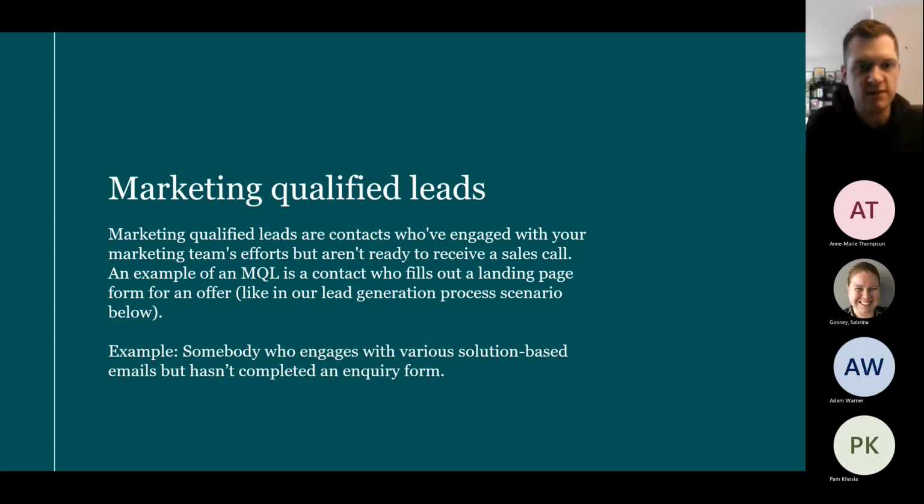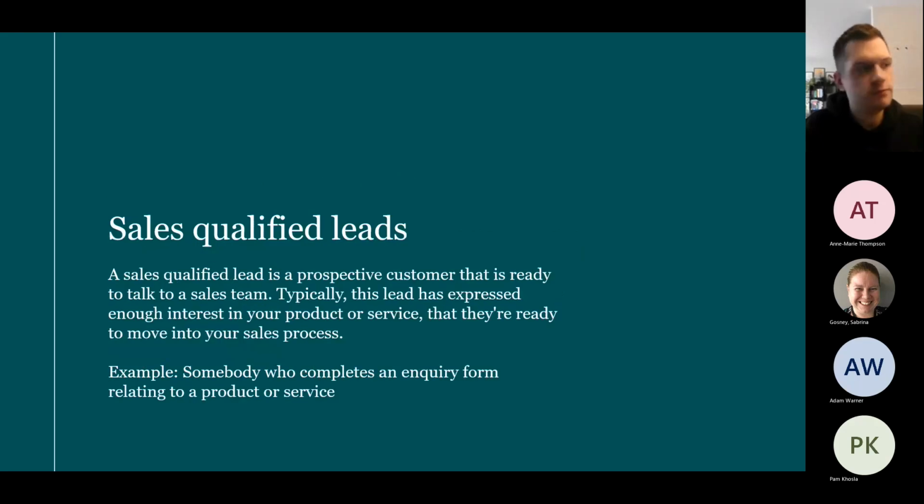Then the next one could be around a demo. They haven't actually signed up to the demo at this point, so they're not quite sales qualified, but there's a clear interest in the solution. So we just need to continue to contact and communicate with them to find what the hook is and what's going to get them over the line.